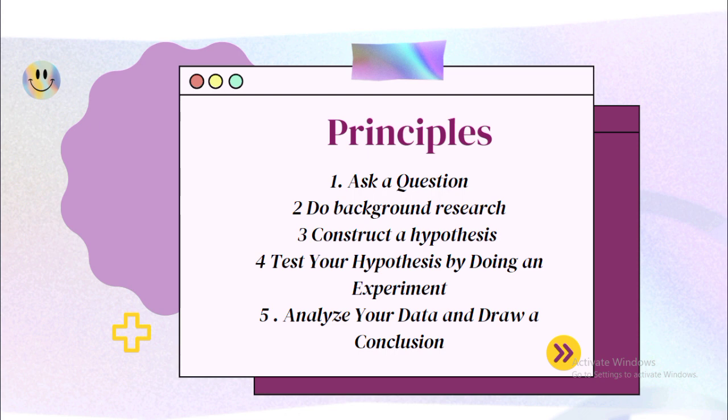Fourth, test your hypothesis by doing an experiment. Your experiment tests whether your prediction is accurate and thus your hypothesis is supported or not. It is important for your experiment to be a fair test. You conduct a fair test by making sure that you change only one factor at a time, while keeping all other conditions the same. And you should also repeat your experiment several times to make sure that the first results